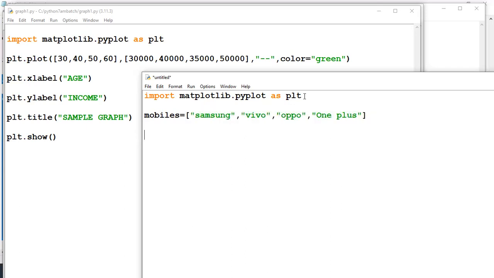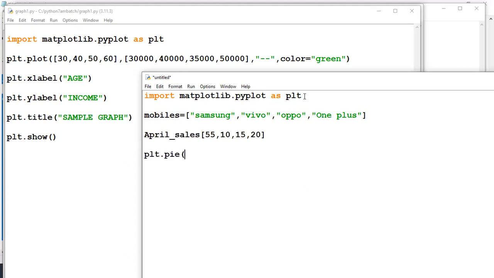I got some mobiles and their sales, like April sales. The April sales are like this. For Samsung, nearly 55. For Vivo, 10. For Oppo, 15. For OnePlus, 20. These are the sales. Now I want a pie graph.